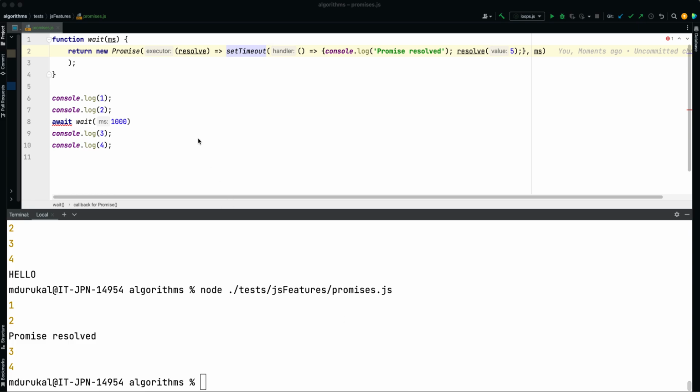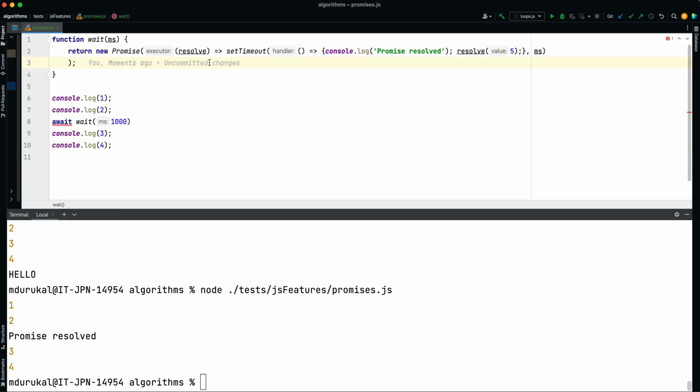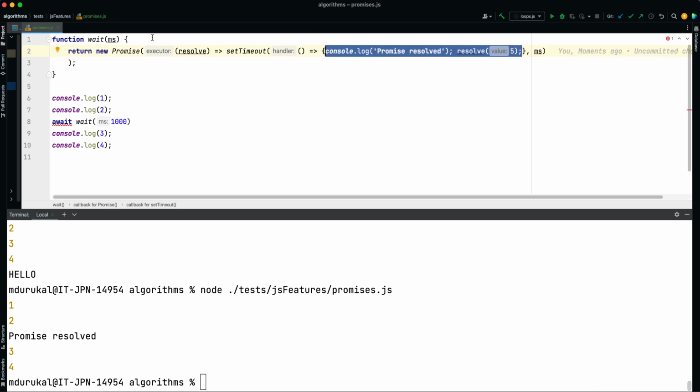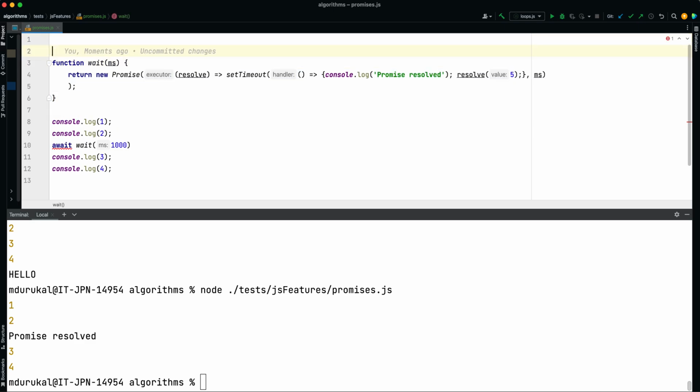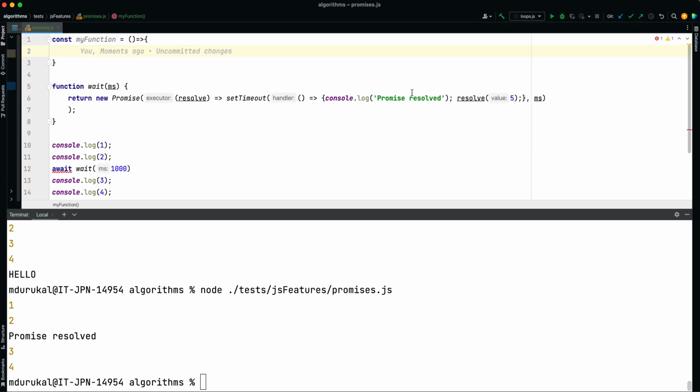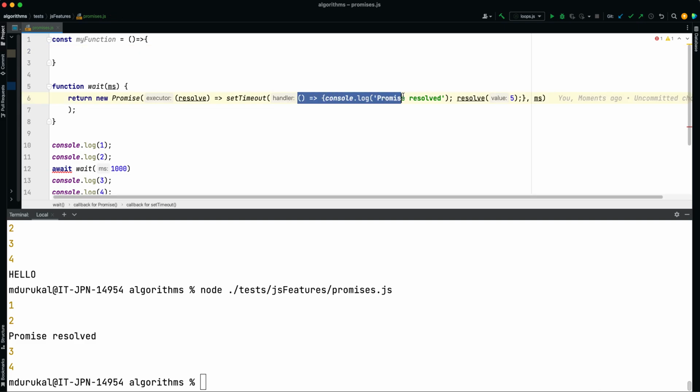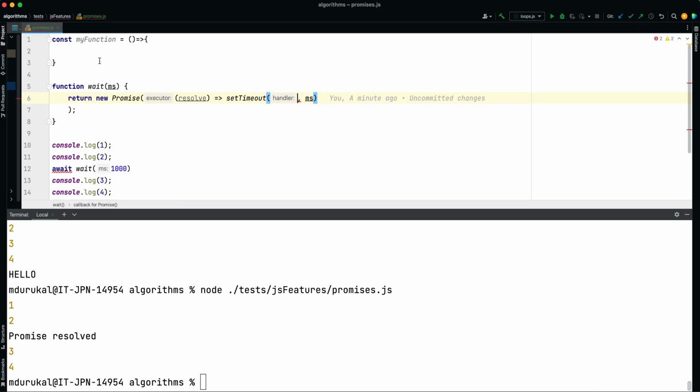In the last video we covered the promises, but as we discussed, we could use some different callbacks here, right? Instead of adding our custom code here, I can extract it to a function and call it as a callback. Like, let's create a function here. This is my function. If I just move this part to here,